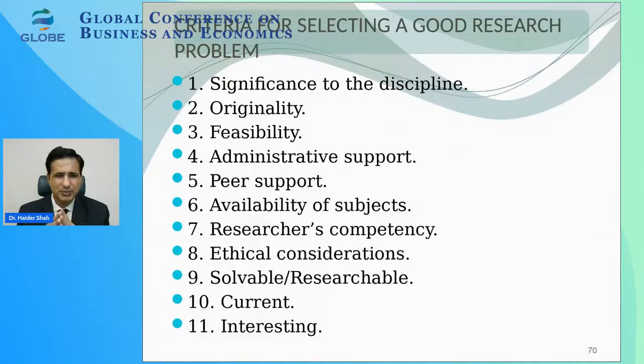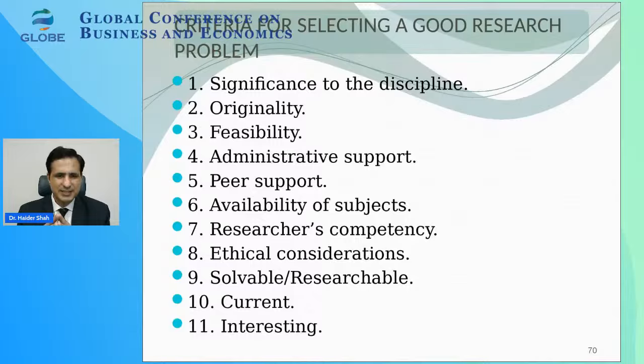That's the important one. Then the peer support. Do you have your seniors' support in your topic selection or in the way the research would be carried out? That is very important for us, particularly psychological support. And the sixth one is the availability of the subjects. Will you be able to collect data from the people? Do we have enough sample representation? That is going to help you to collect the data and interpret it and come up with the conclusion or